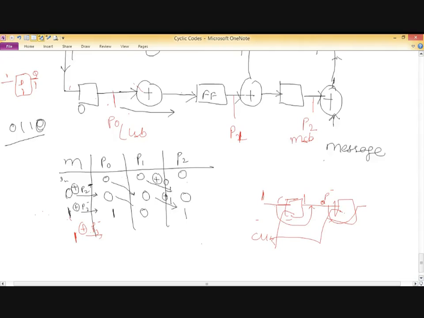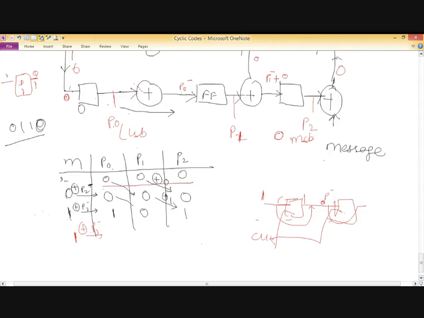तो इसी तरीके से हम लोग यहाँ पे चल रहे हैं, यहाँ देखो हम लोग इनिशियली सबको 0 मान लिए, ठीक है। जब हम P0 की बात करते हैं, तो हम बोल रहे हैं सबसे पहले चेक कर लो कि डेटा क्या अंदर आ रहा है। सो पहली बिट थी 0, सो 0 XOR विद 0 यहाँ पर सब में आ गया, सारे कंटेंट में 0 आ गए, ठीक है। 0 आते ही क्लॉक जब इंसर्ट हुई, सो फ्लिप फ्लॉप यहाँ वाले का इनपुट हो गया 0, इस वाले का इनपुट हो गया 0, अभी हमने क्लॉक नहीं लगाई, इसका हो गया P0 माइनस, इसका हो गया P1 माइनस प्लस जो कंटेंट आ रहा है वो।